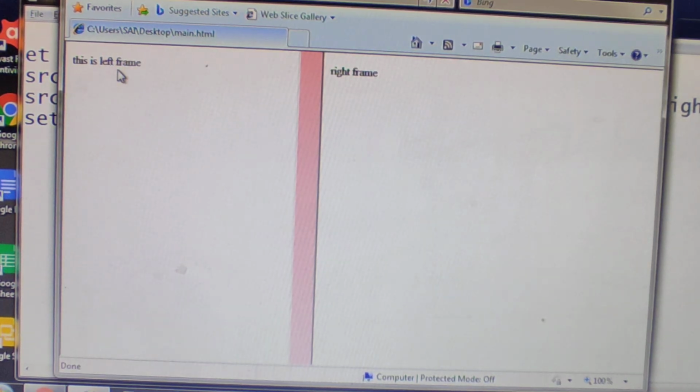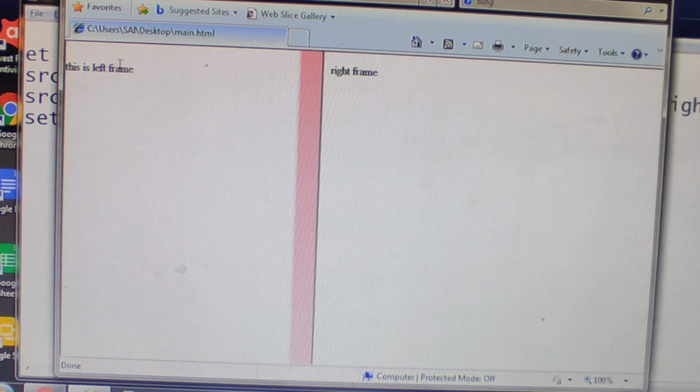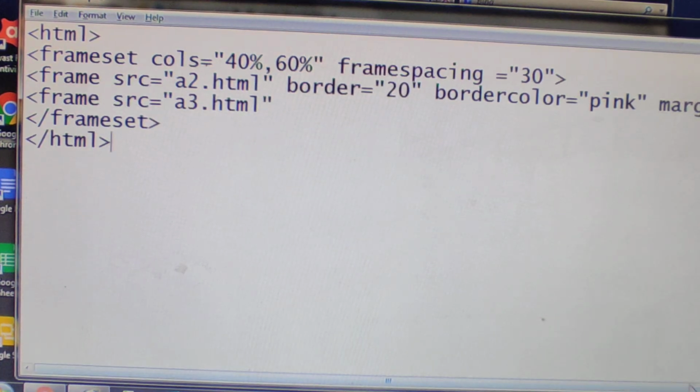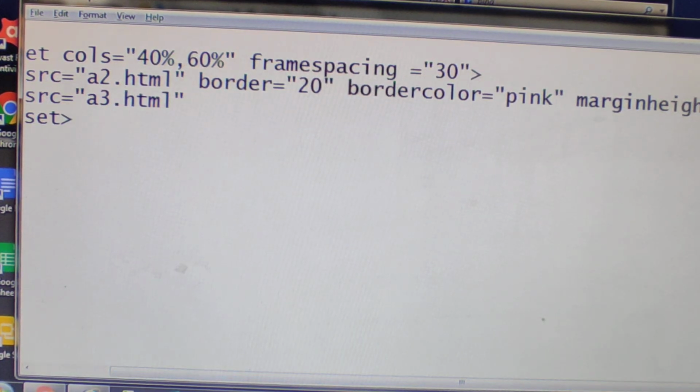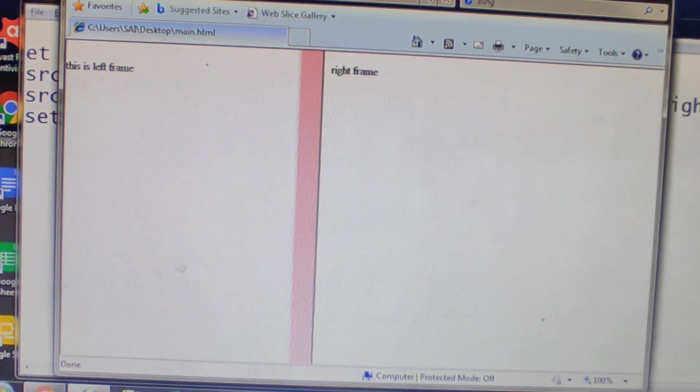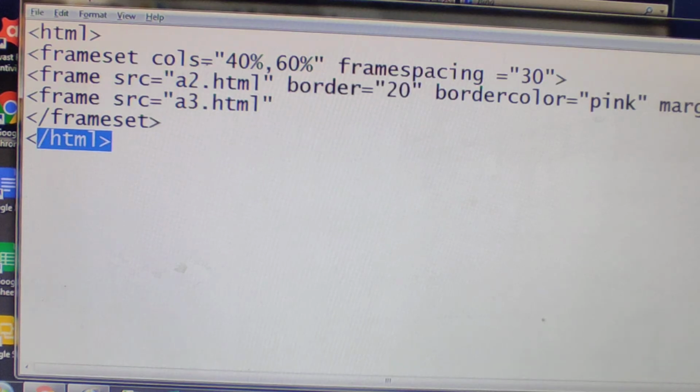We'll see, F5. It is increased. So this is nothing but the margin height. Now you can see margin height, still I am increasing. Instead of 25, here I am giving 50. Save it. Come to browser window. Refresh this. See, this is coming down. Okay, here the text is coming down because the height is increasing.